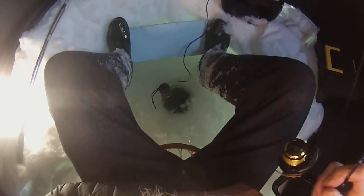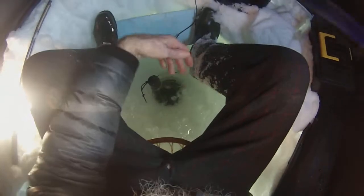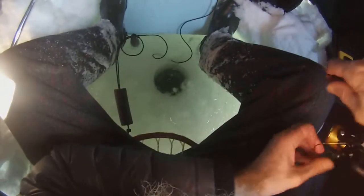Oh, it's that way down. So I'm going to do that. I'm going to pop open the little window here so I can see. I'll tell you, that sun out there is a little brighter. Well, he's still kicking. Okay, well, you know, I've got 3 more days to fish with this bait, so if he's still acting like a fish, we're going to just drop him back down in there and see. I mean, I should get fresher, livelier bait here at some point, but at the moment we'll just put him back in and